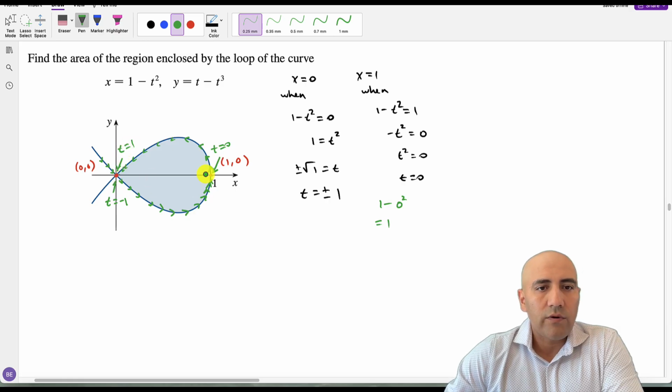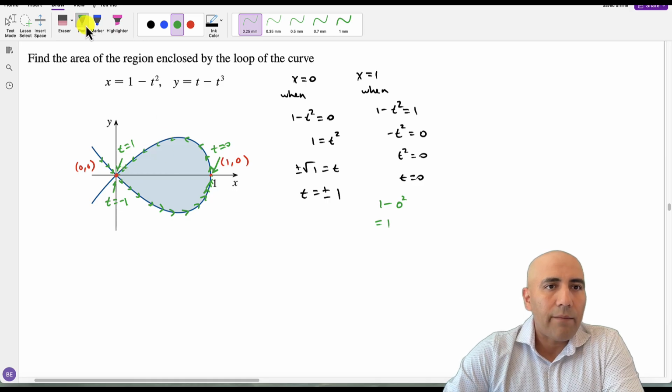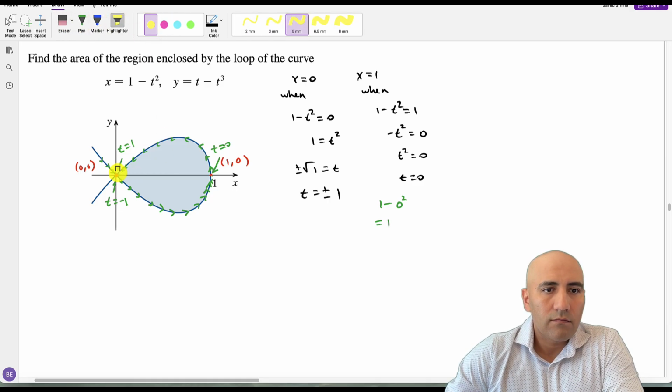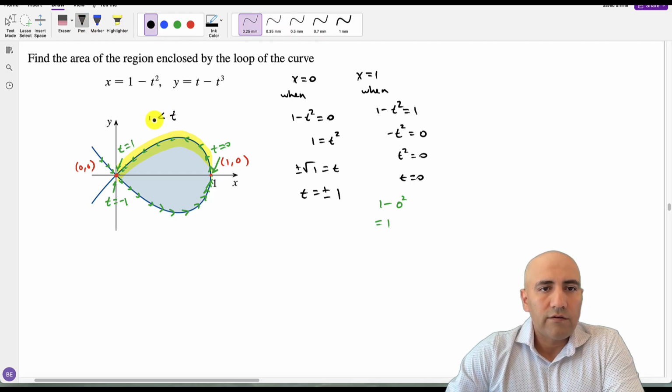Same spot. So this way and comes around. Okay. So from 0 to 1, we trace out this top half. We trace out the top half of this thing here as t goes from 0 to 1. Now we're interested in the entire region blue here, but keep in mind that when we do our simple integral,